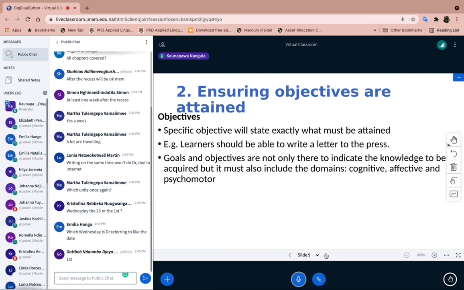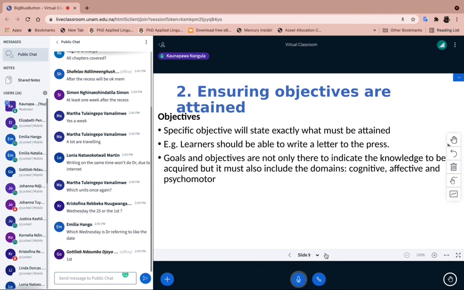And then goals and objectives are not only here to indicate the knowledge that needs to be acquired, but they must also include the cognitive domain. Cognitive is, in a way, connected to knowledge. And not only the cognitive and the knowledge, as I mentioned, but the objectives should also cover domains such as affective, which has everything to do